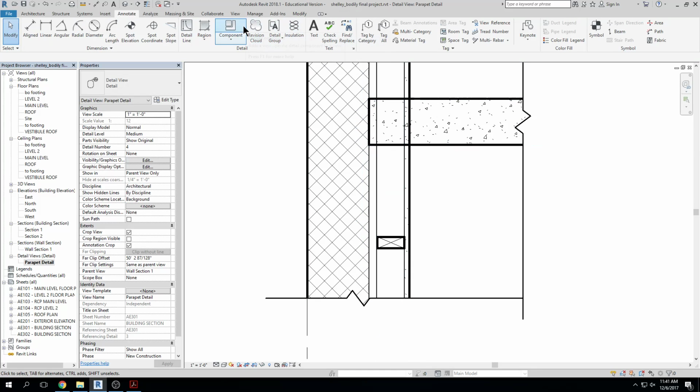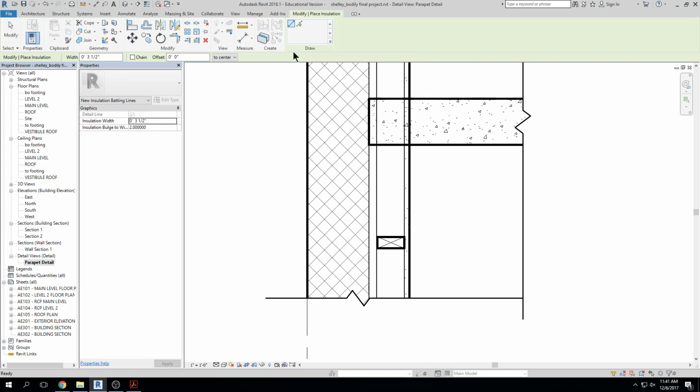Another detail component that is not within the actual component command is insulation. So insulation, click. I can type in the width of the insulation, like 3.5 inches. Click, click,